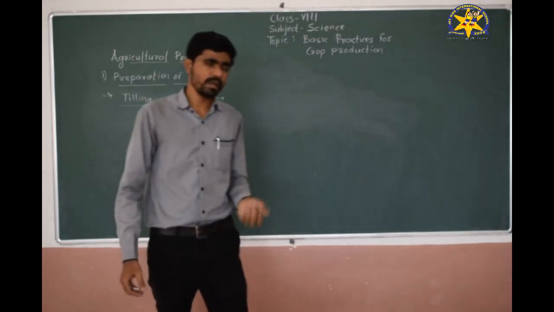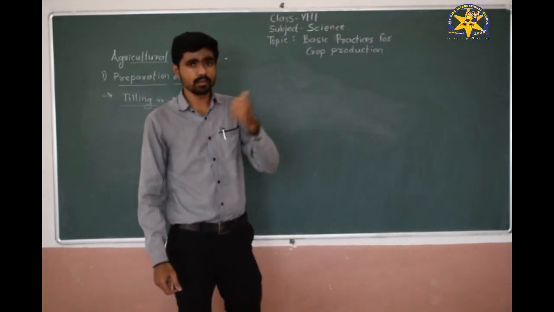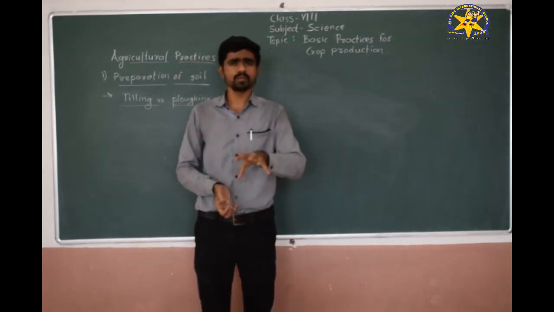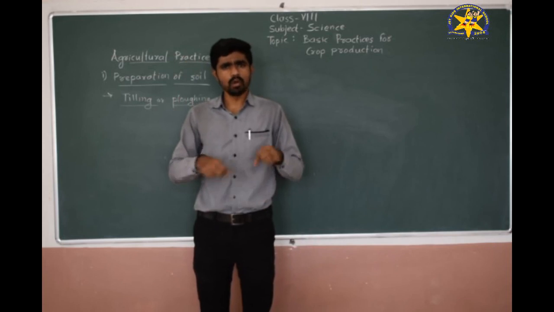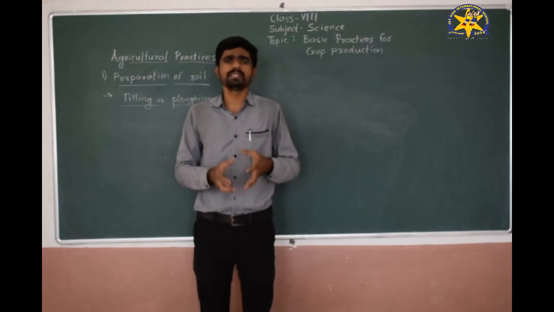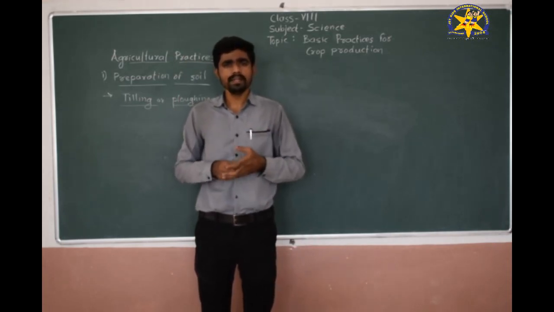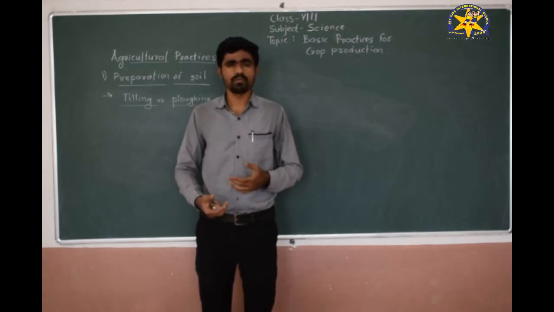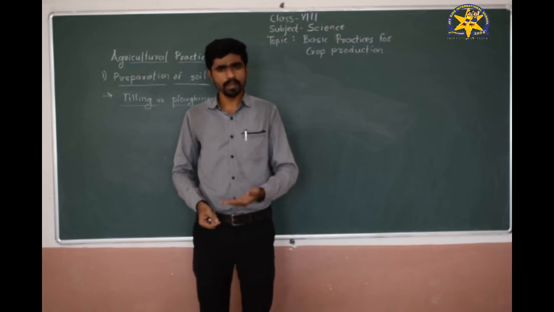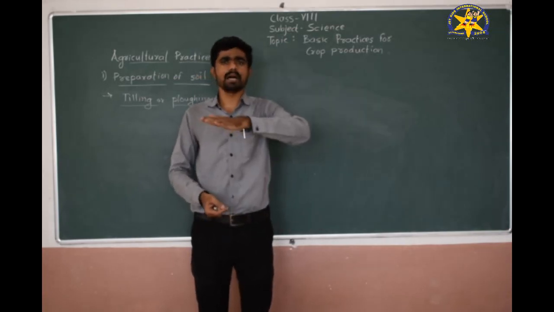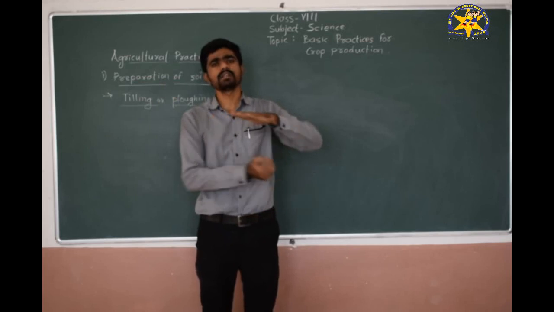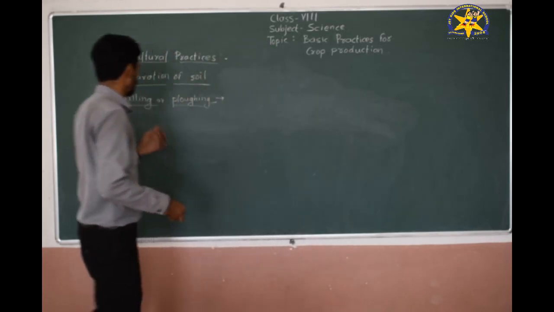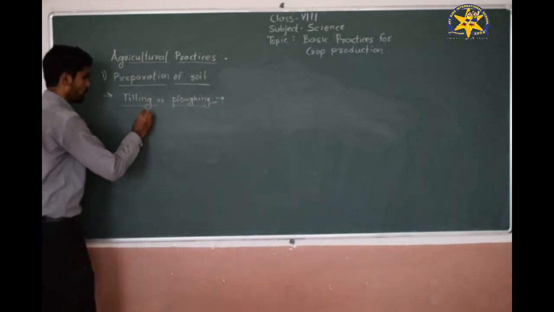Understand this: how we have to turn and why we have to turn. I told you just now that in the last season the same soil utilized almost all the minerals that were present in that soil. Now we need some fresh stock of minerals or nutrients in that soil. So for that purpose, we have to bring the lower layers of the soil in the upward direction, and the upper layers will automatically be pushed in the downward direction. Understand this? That process is known as tilling.